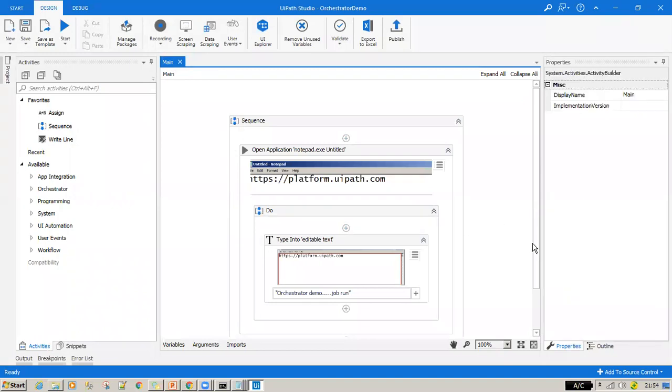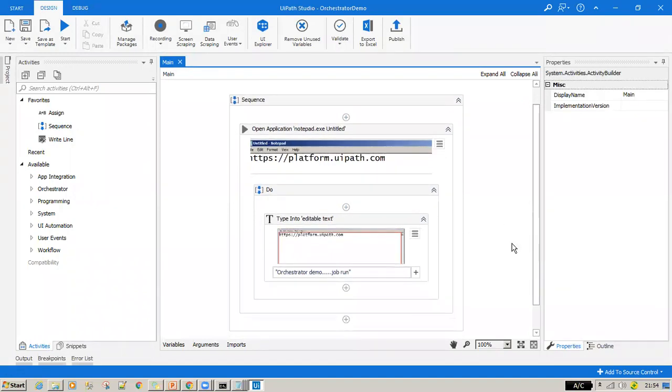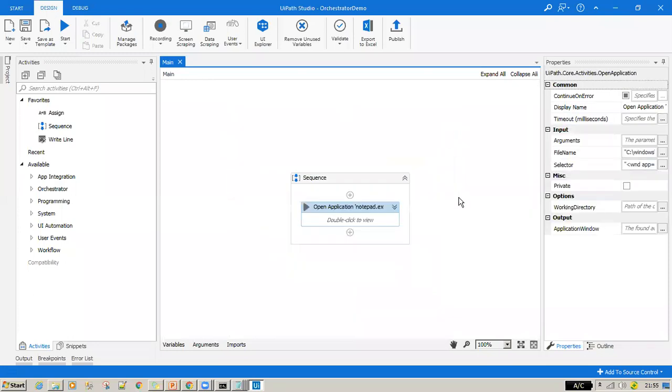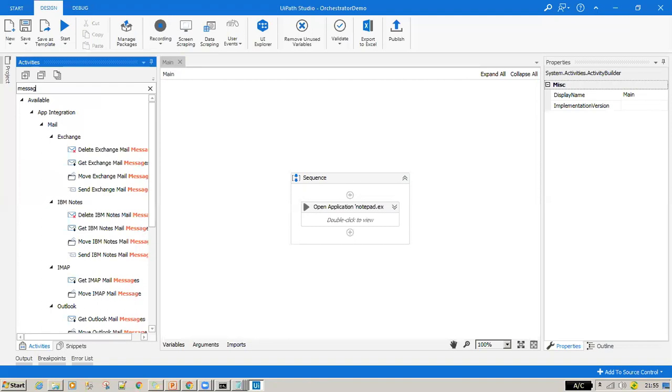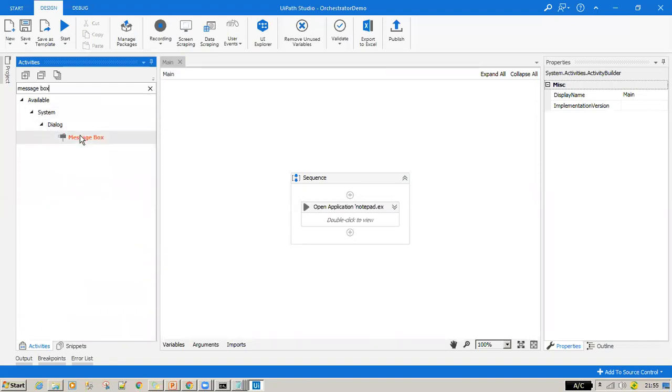Currently, this particular thing opens a notepad. Tomorrow I'm under the impression that it requires some change in the code. So let's make some changes. I'm putting in one more message box just to show you how the package updates we can do.